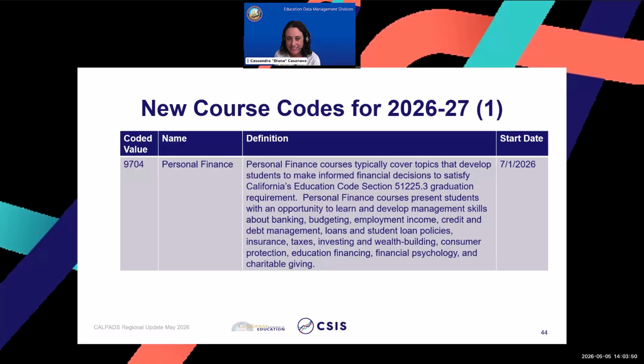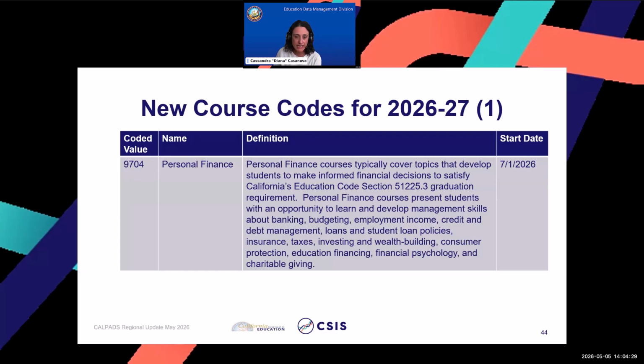Okay, the CDE and CTC are aware of the 3 newly proposed AP courses and the standalone personal finance course, which is slated to become a graduation requirement beginning in the 2030-31 academic year. The CalPADS office has already anticipated these course additions for the 26-27 academic year and for the version 18.0 code set, which will be effective 26-27 and will include the 4 new course codes. We are providing this update now to allow LEAs time to plan and add any necessary placeholders to their master